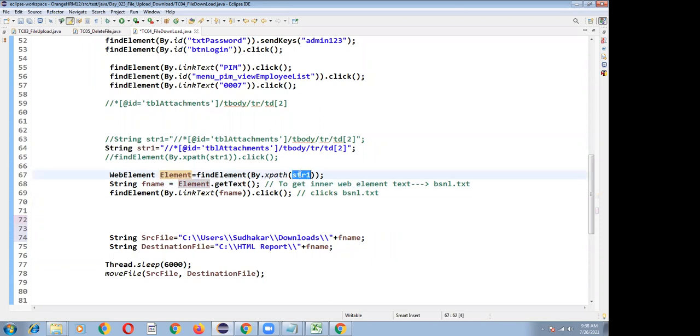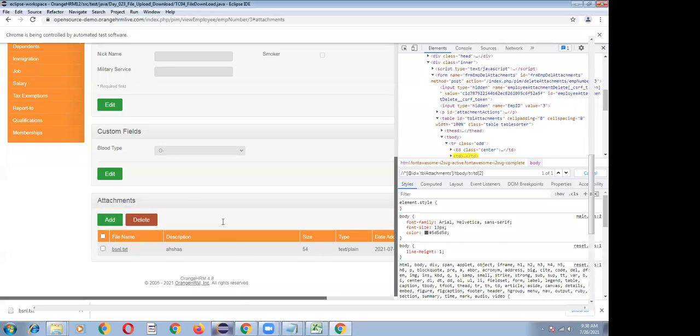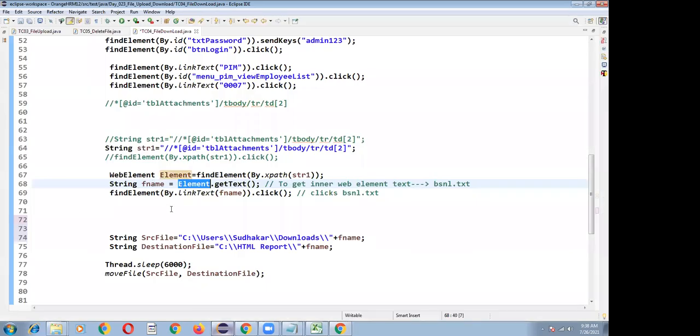I have selected the outer web element XPath, and the web element object has been created. Element dot get text: what text does the element contain? The bsnl.txt text is coming here, and I want to click that link text. Find element by link text of bsnl.txt dot click, so that it clicks on bsnl.txt.